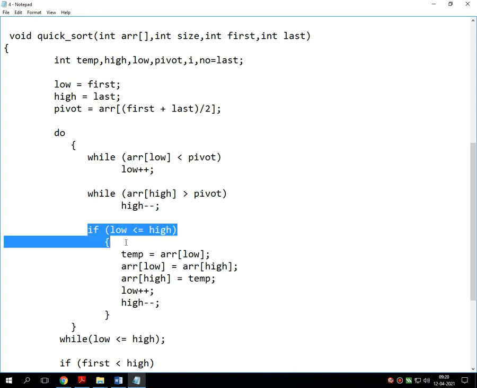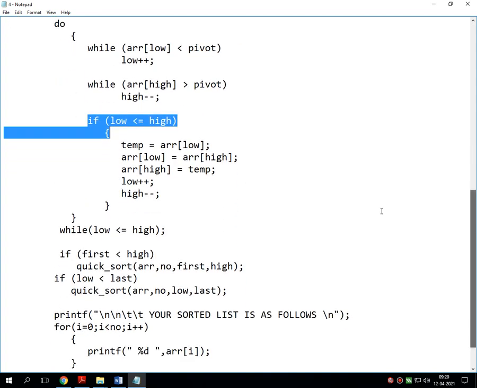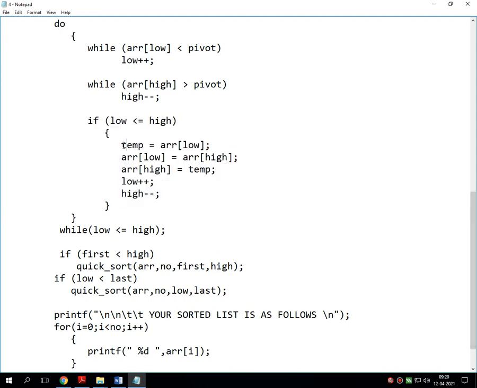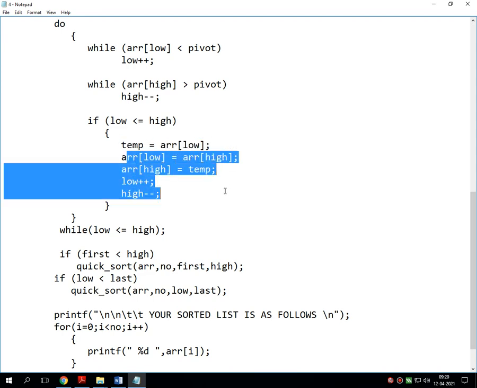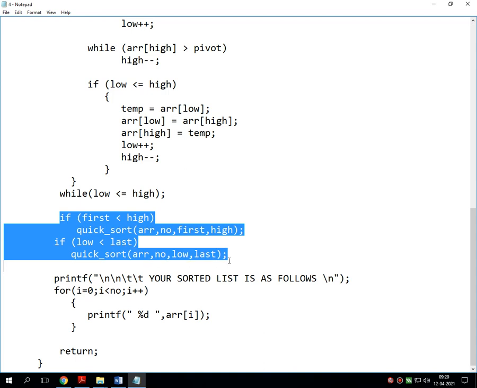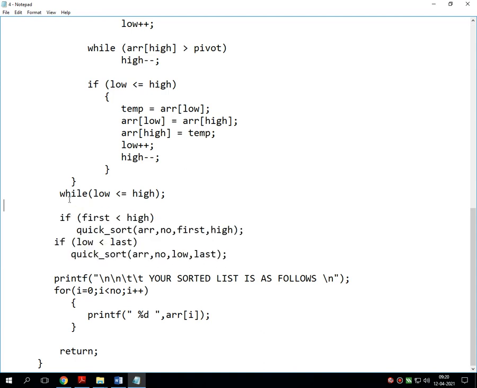Once this transfer is done, it internally sorts all the elements using a simple swapping logic, and then it stores all those sorted values in the one dimensional array.